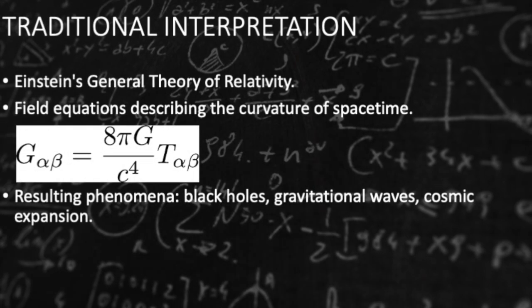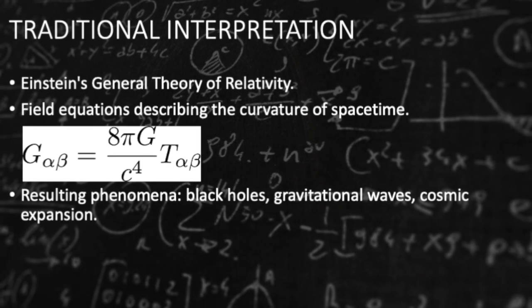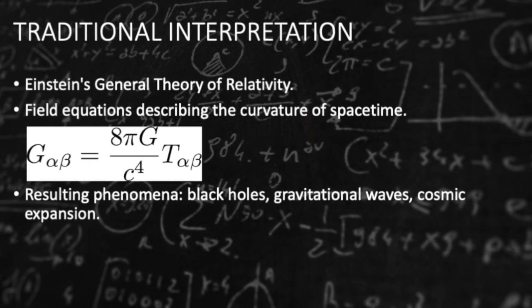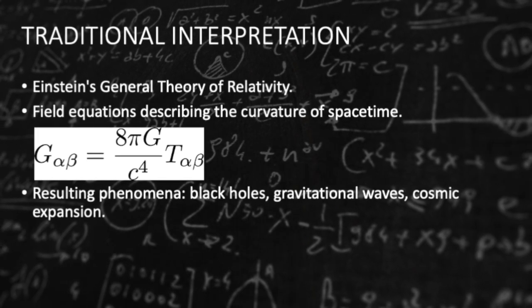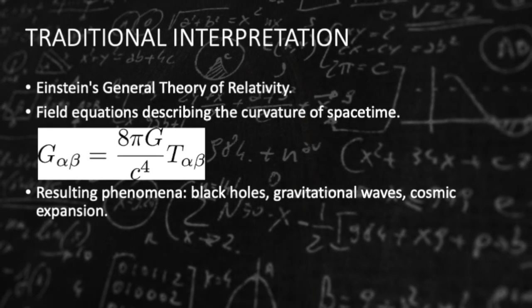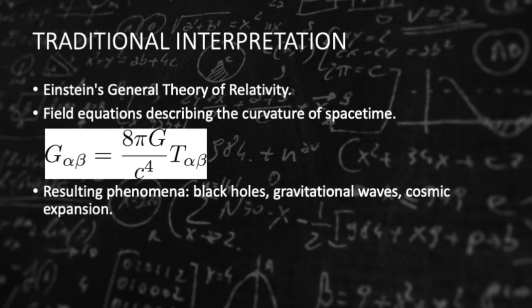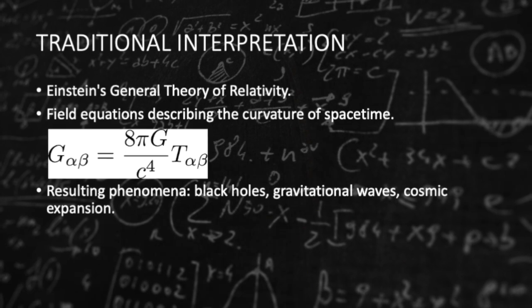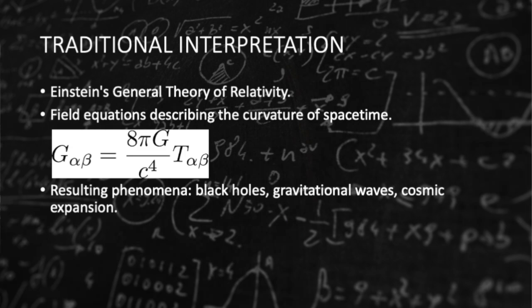First up, the traditional interpretation of the Einstein tensor. At the heart of Einstein's general theory of relativity are his field equations, which describe how matter and energy determine the curvature of space-time. This curvature is what we experience as gravity. Thanks to this perspective, we've unveiled some of the universe's most thrilling secrets like black holes, gravitational waves, and cosmic